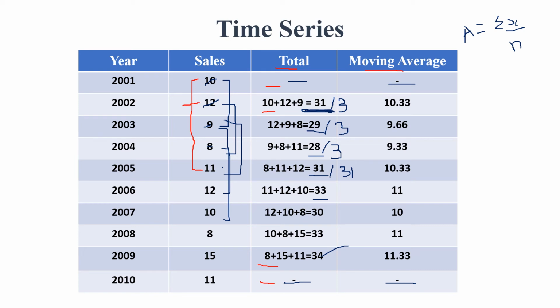Then we'll cancel the first and go with the next. Then again we'll cancel the second one and go with the next 5. So the cycle which we are going to follow is that we cancel one value and go ahead with the next. Cancelling one and going ahead with the next is the chain we need to follow. By this way we'll get the summation of all the values, that is the summation of 5 values.